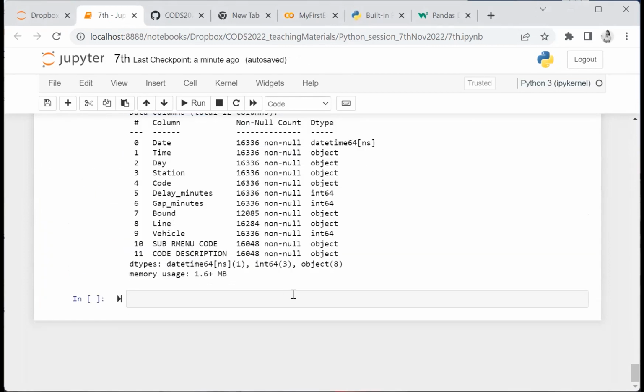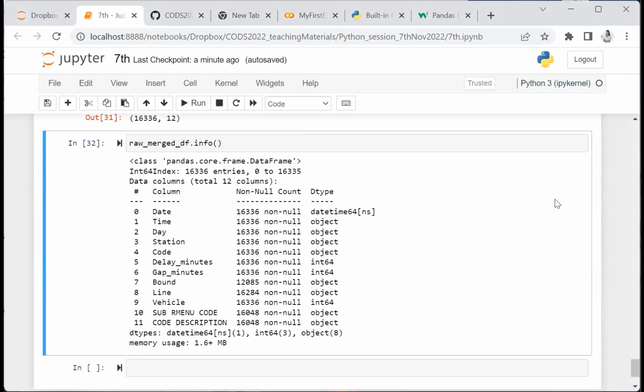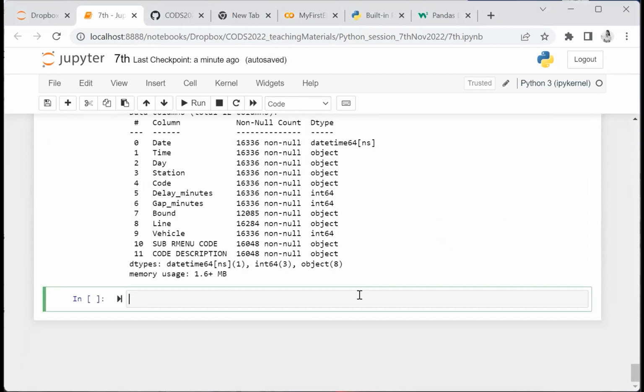So in that case, what you do, I do find out that working with 12 columns can be a bit too much. So I'm going to perform a subset of the columns. Remember, I taught you how to use square brackets to subset the columns that you need. So let's see. I'll create a needed columns list and only work with a few columns that